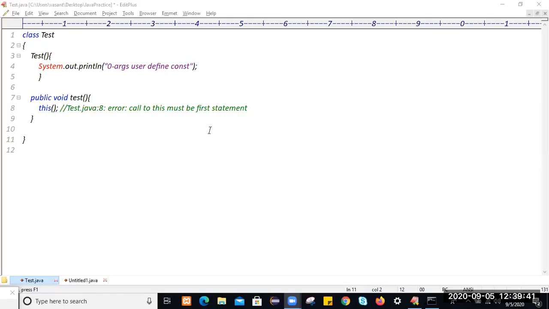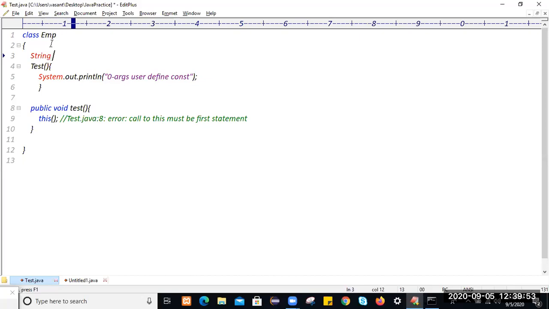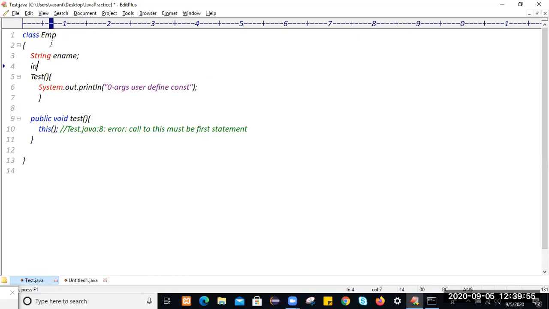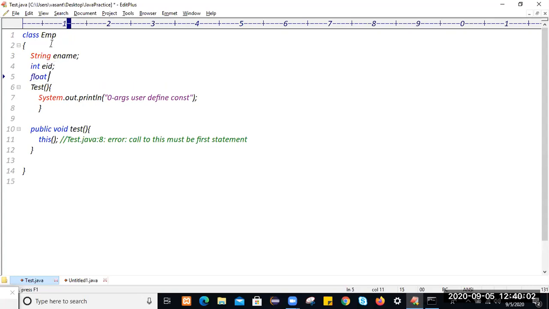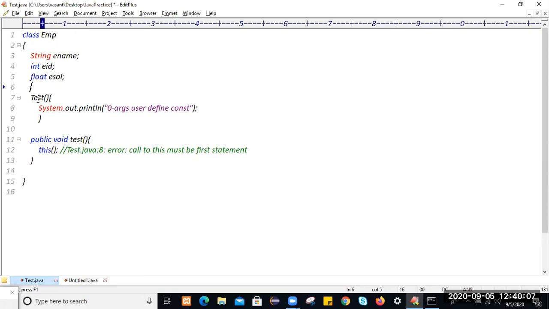Guys, we can use the this keyword to convert a local variable into an instance one. How? We have an Employee class, and we already took this example. This Employee class has an employee name, employee ID, and employee salary. These are the instance variables, so at runtime we can initialize them. Let me use the Employee constructor.